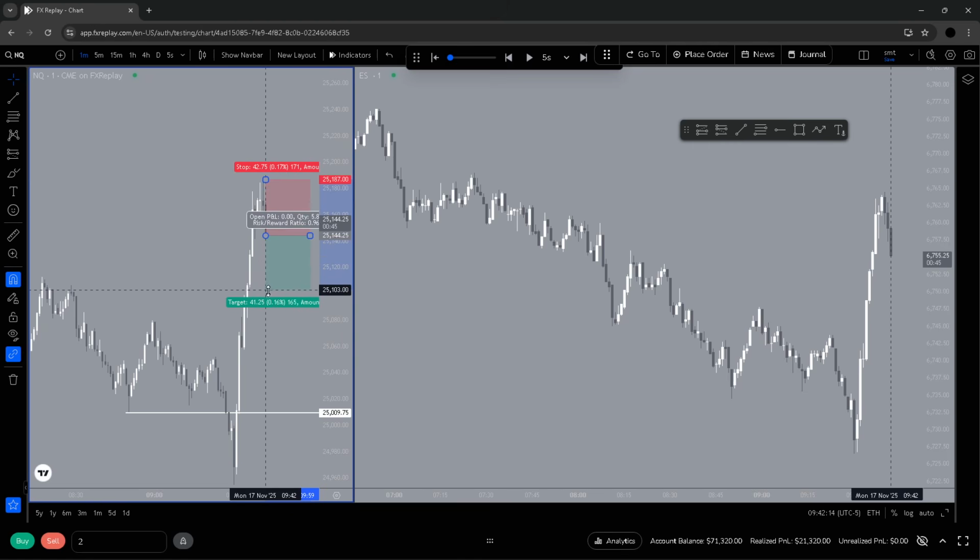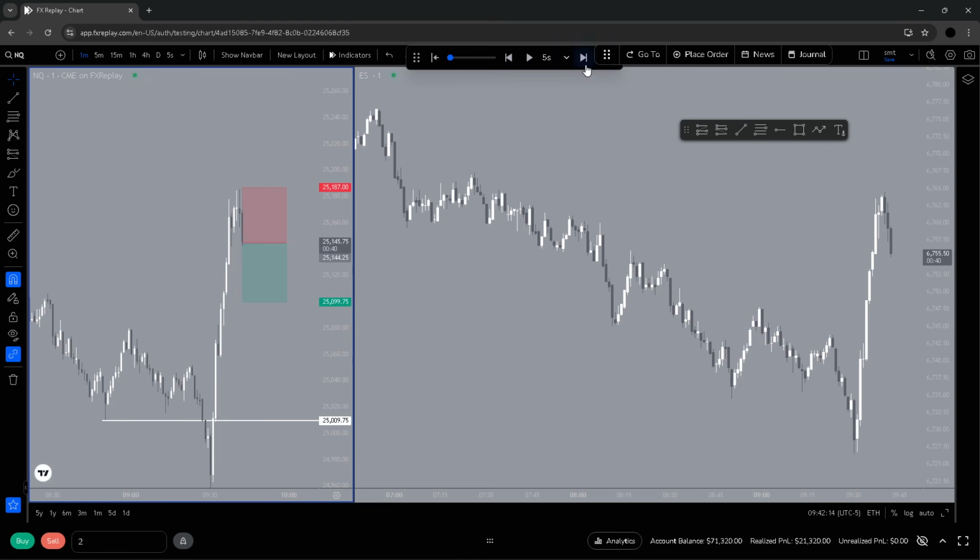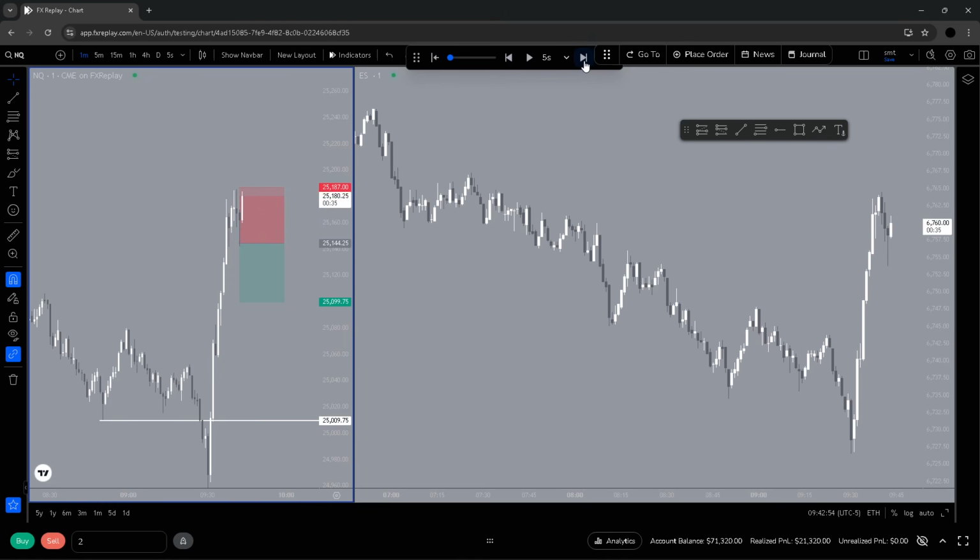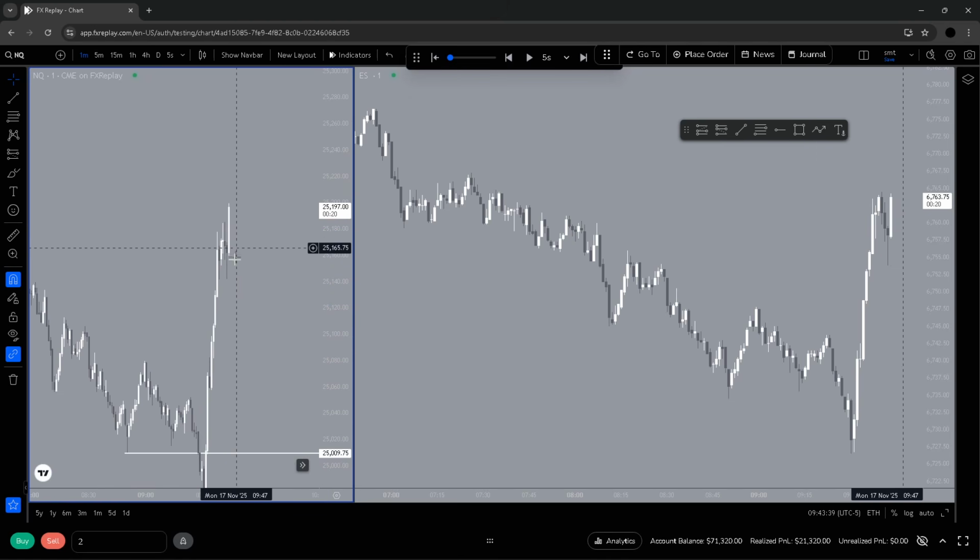It does look like something that you could potentially catch, but I just wouldn't take this. I'd only be looking for longs here personally. So let's see. That is stopped out. So that is a nice candle. Somewhere in that setup for longs is beautiful. SMT at the lows as well.